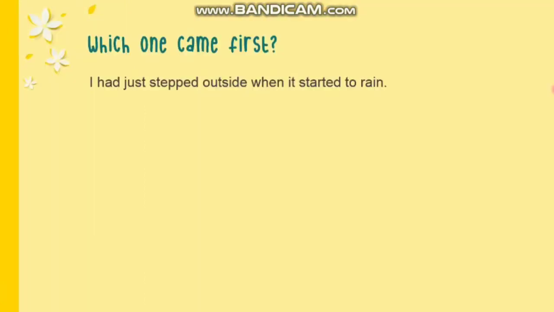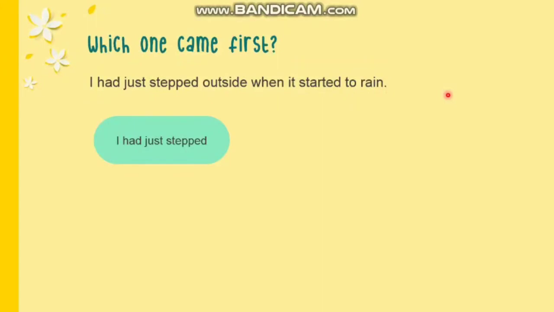Okay. Which one came first? Because in the past perfect there are two events that happen. So, yang mana nih yang duluan? Dari mana kita bisa tahu kejadian mana yang lebih dulu? For example, I had just stepped outside when it started to rain. Oke, berarti kan ada dua kejadian. Yang pertama dia baru aja melangkah keluar, ketika mulai terjadi hujan. Berarti ada dua kejadian. Yang mana nih kira-kira yang duluan? Apakah dia melangkah dulu atau hujan turun dulu?